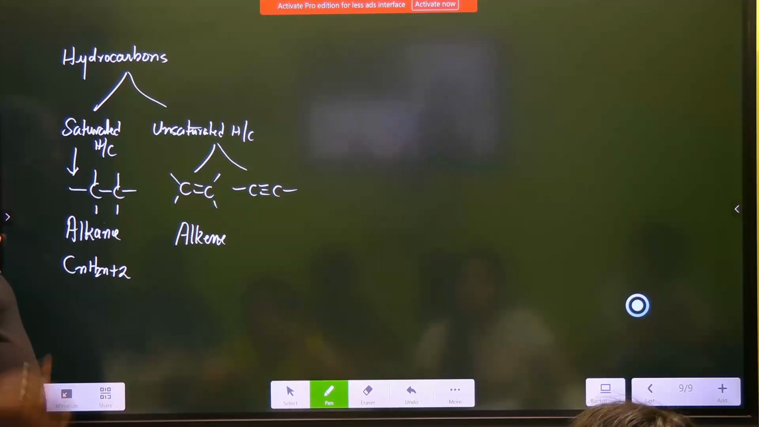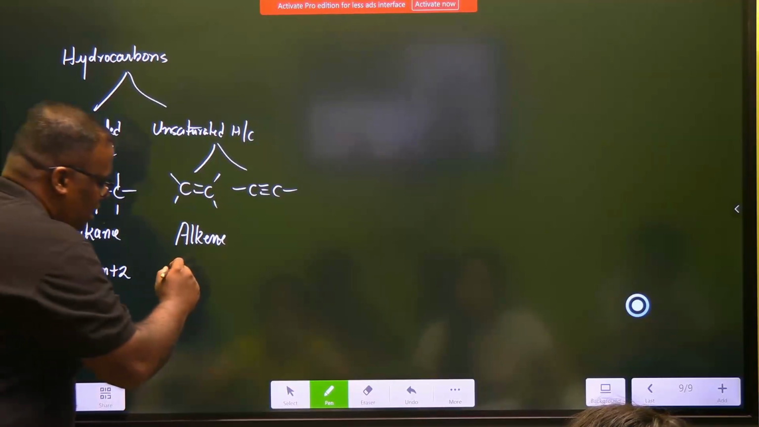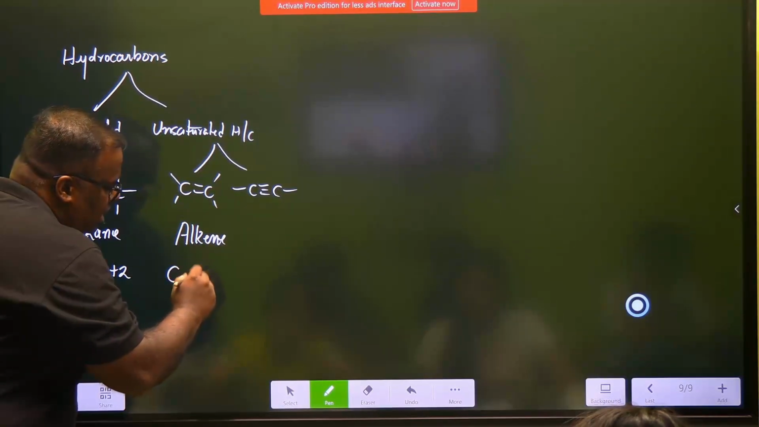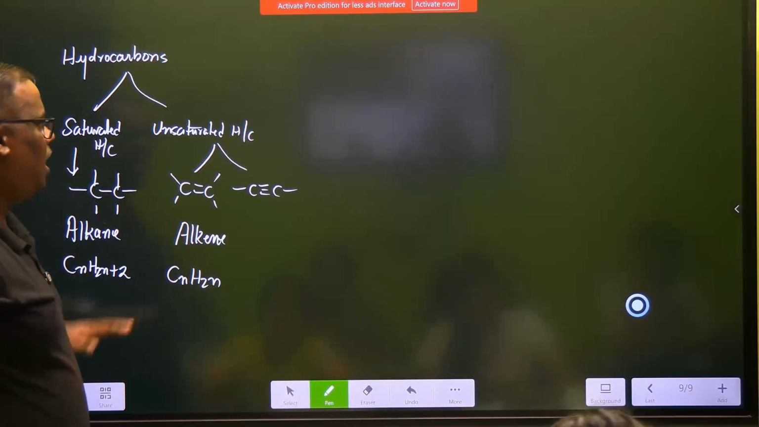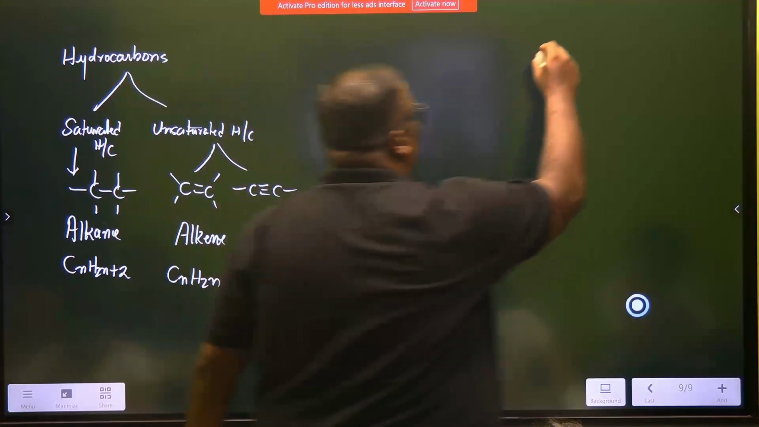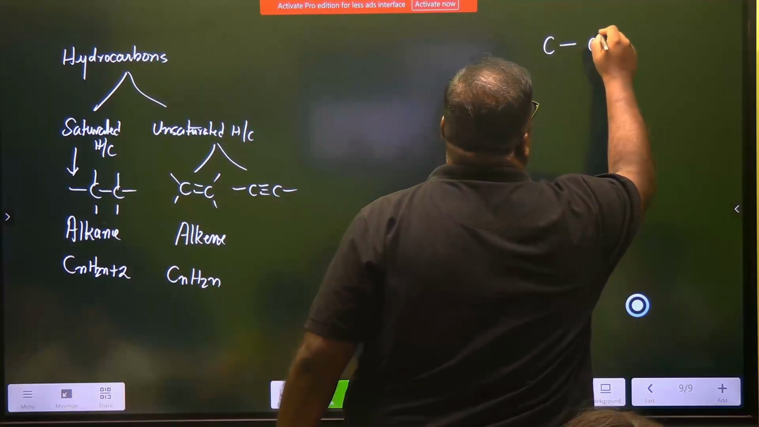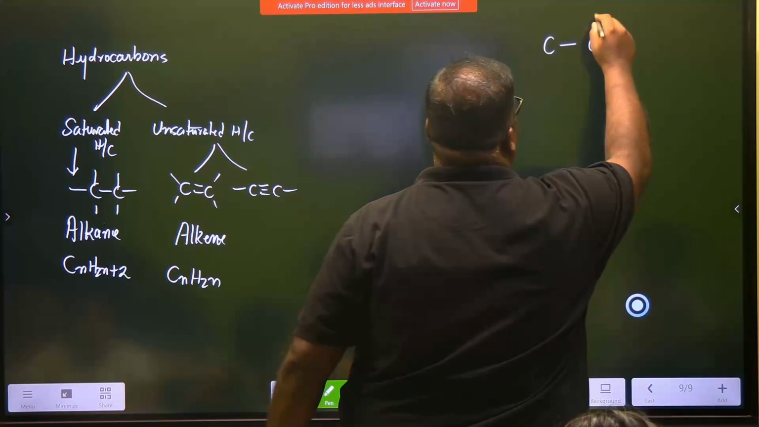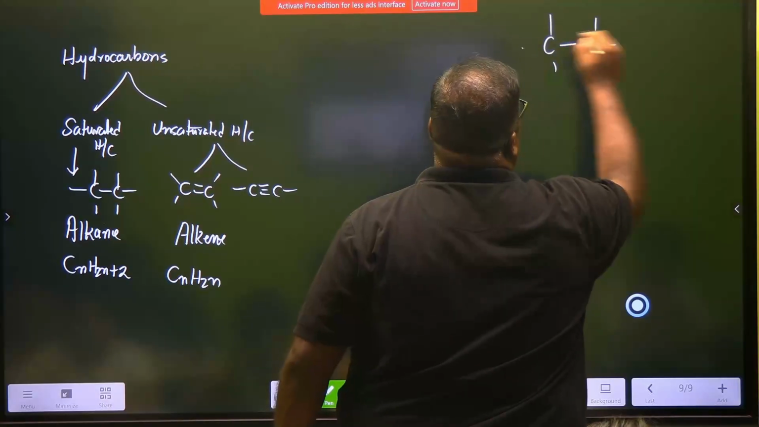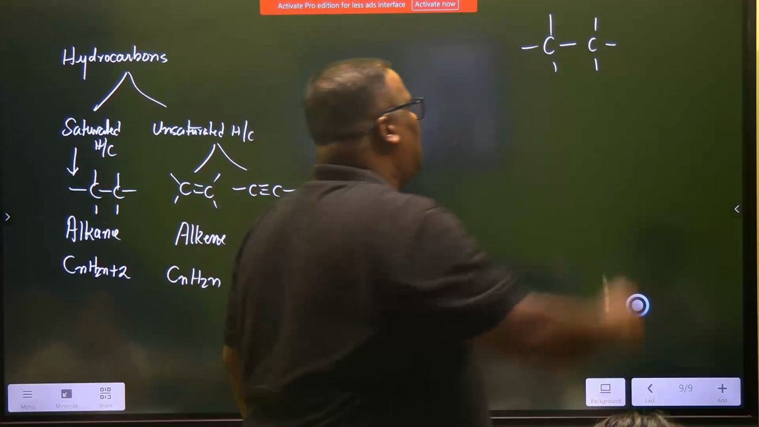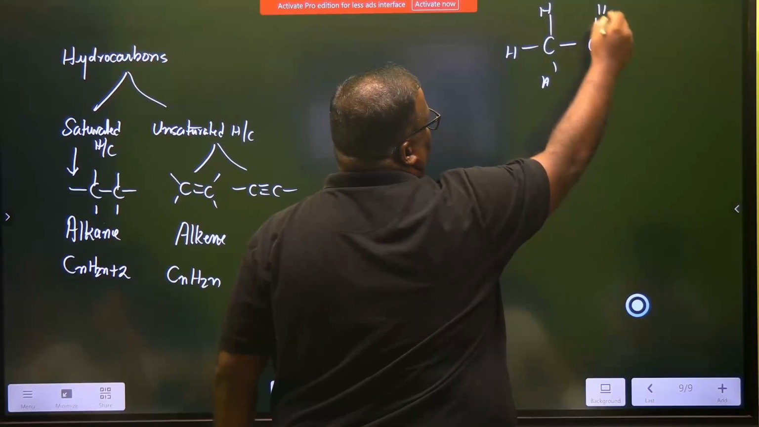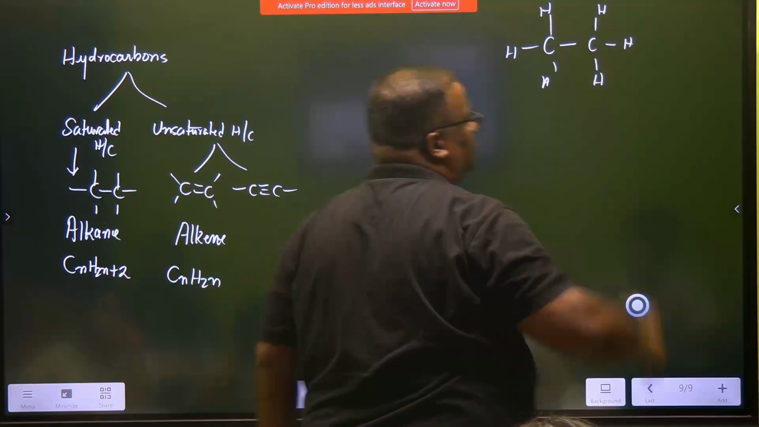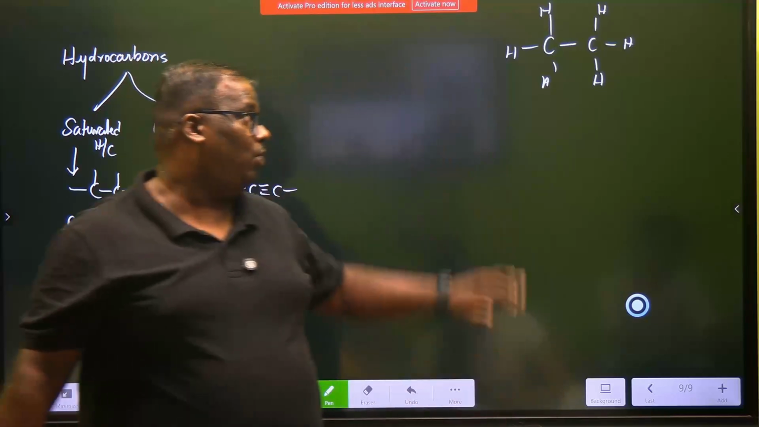Now, many children start memorizing these formulas. Initially, I'll write, and it will become very easy for you. Look, an alkene is CnH2n. How to remember this? Suppose I make an alkane out here. How many hydrogens do I have in this? This is ethane. I have got 6 hydrogens in it. Clear? 6 hydrogens. If I want to make a double bond,